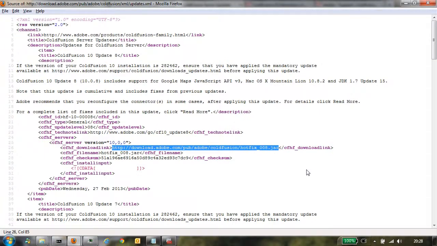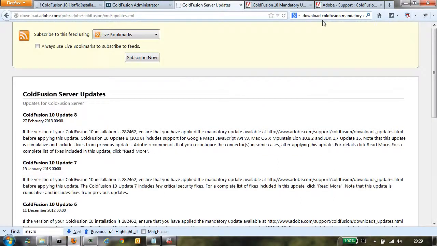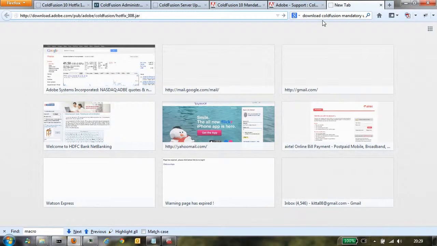This is where the jar file location is. Copy this and paste it into the browser URL to download it. Now a download window opens.